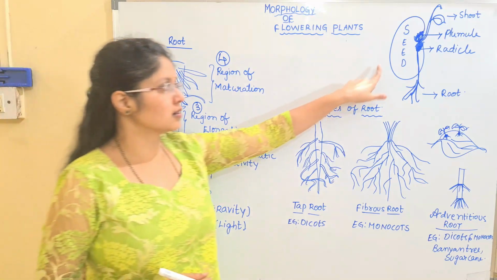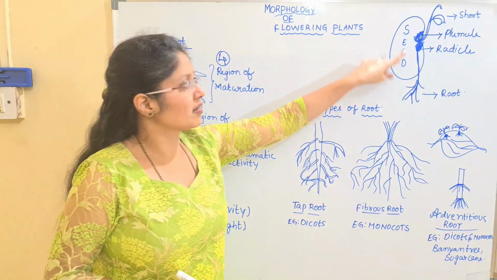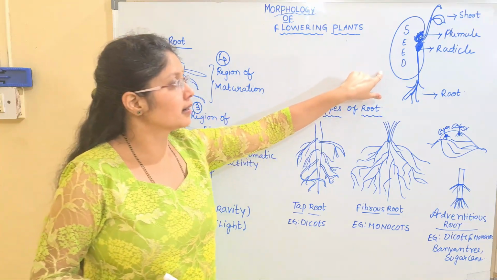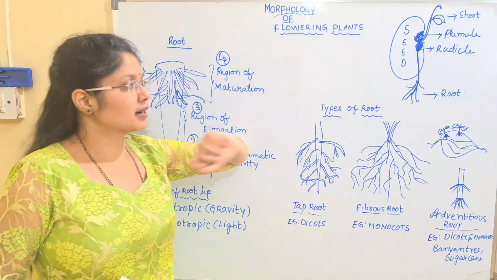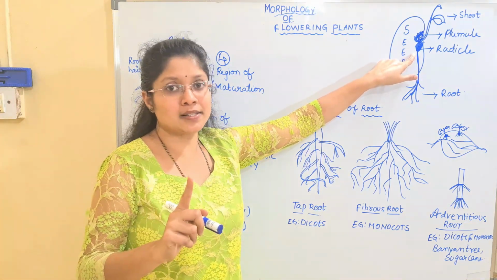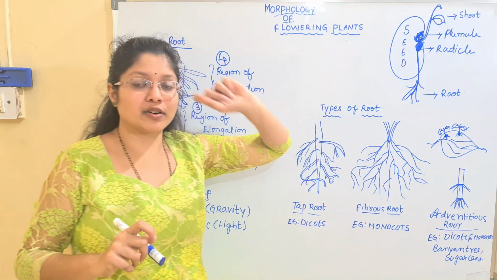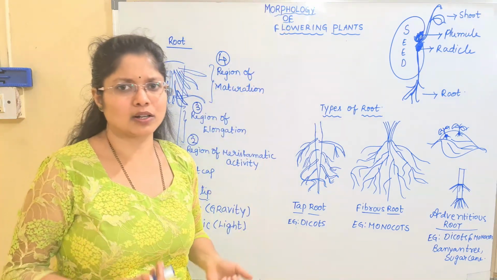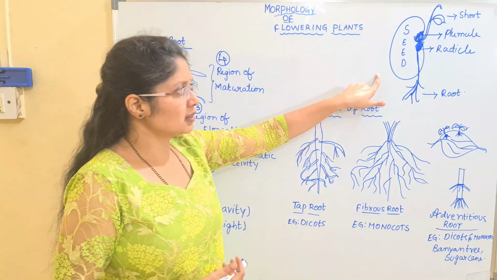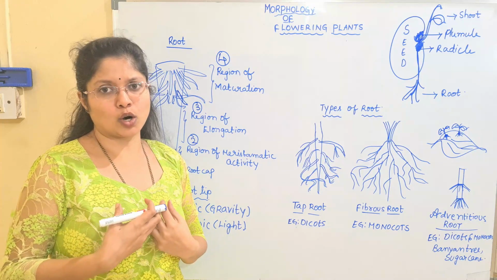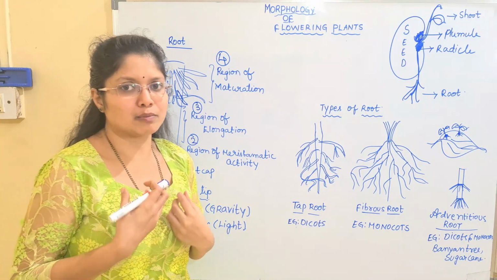Okay, and how is this germination taking place? If you see this picture, here I have given a seed, and the seed will have 2 major important sites. What are the 2 important sites? One is the site from where the root will arise, and another is the site from where the shoot will arise. Shoot is nothing but the aerial part, or you can call it a leaf. So during seed germination, when the seed absorbs a lot of nutrients and water from the soil, it will swell and burst open.